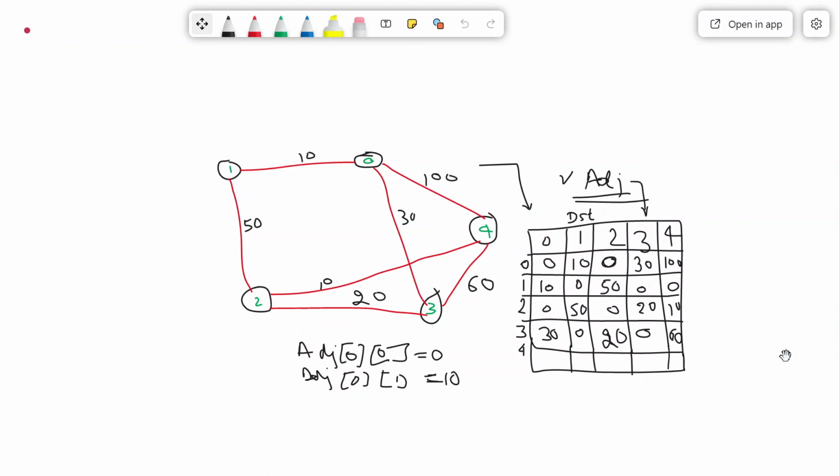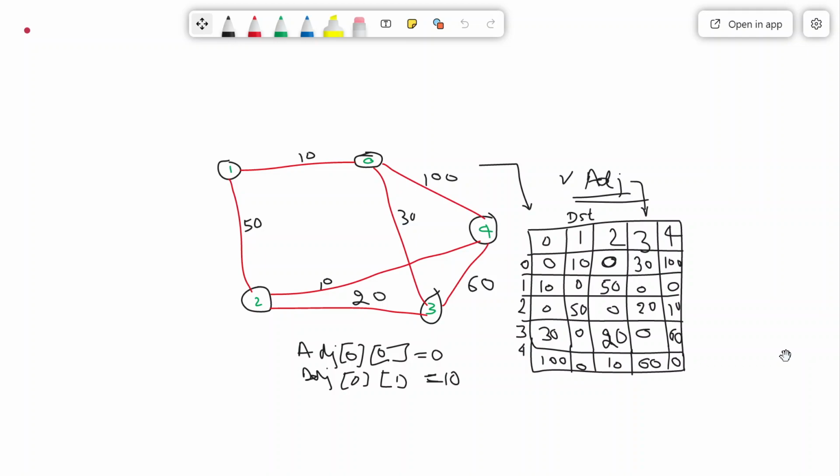So 4 to 0, the length is 100. 4 to 1, no link, so 0. 4 to 2, yes, there is a link, length is 10. 4 to 3, yes, there is a link, length is 60. 4 to 4, yes, 0.